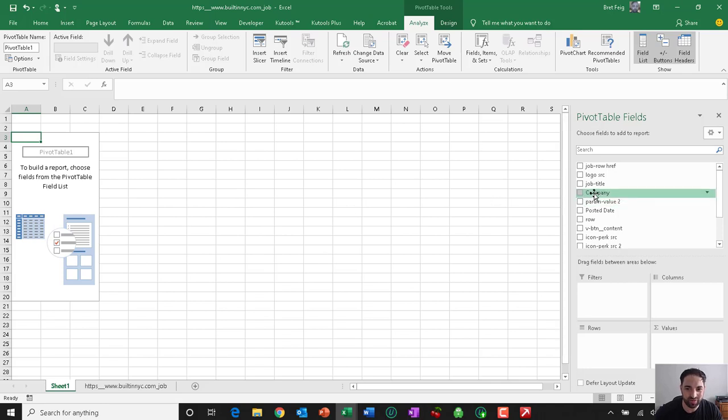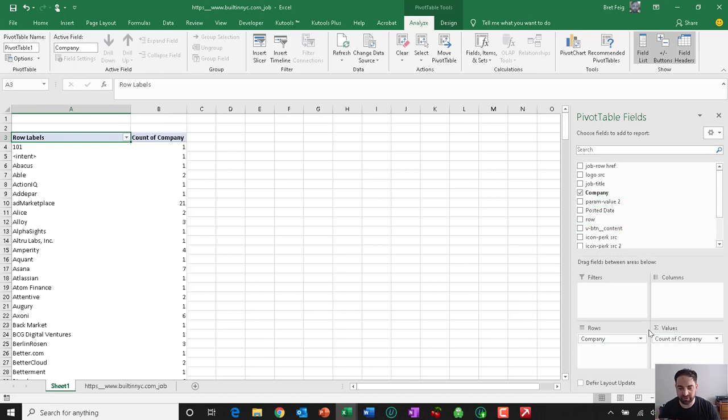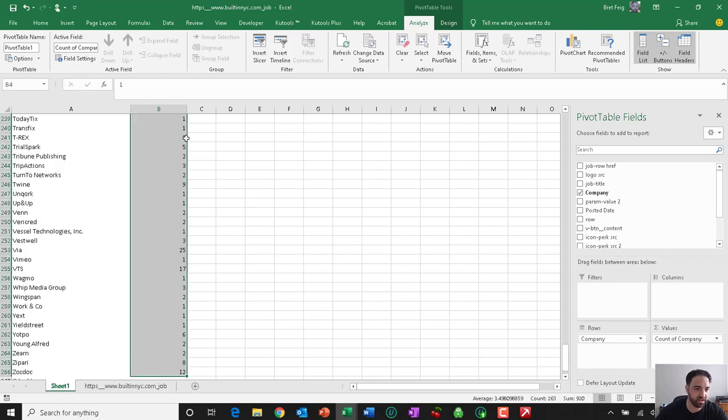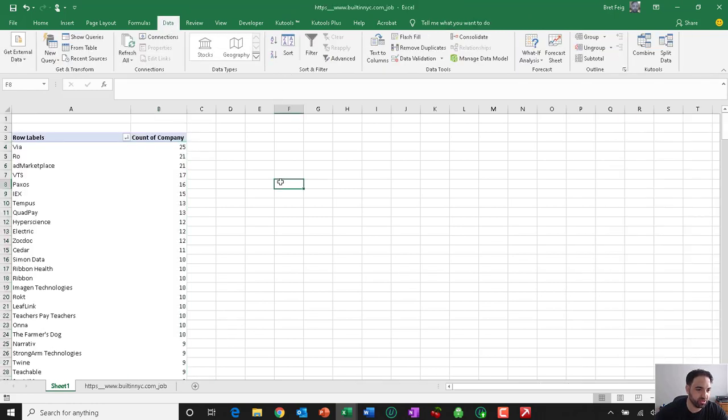Now that we've done that, we're interested in this company, so I'm going to paste that into the rows and company into the values. What we're essentially doing is giving us the value of how many times each company is listed. I'm going to highlight the top and just Control Shift down, which is going to highlight everything. And I'm going to sort it by Z to A,